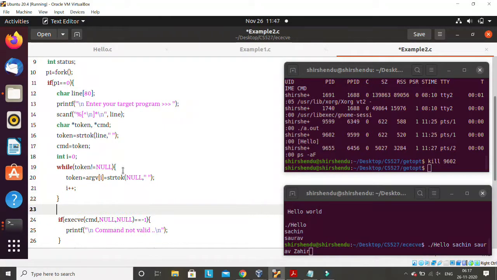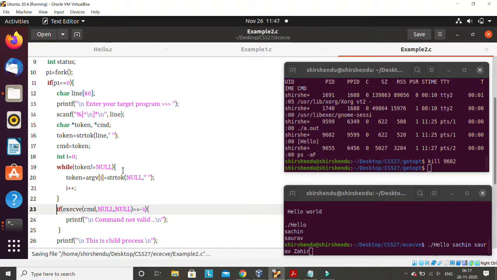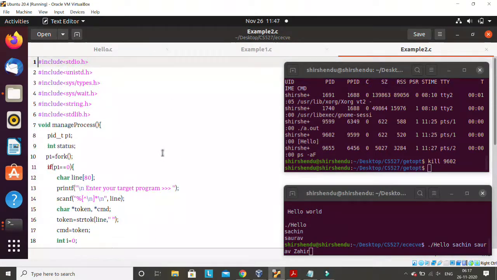I hope this is clear to you. If it is not clear, you can pause my video here and try to understand while I scroll the program from the beginning. These are just header files. At line number 10 I'm creating the parent process.